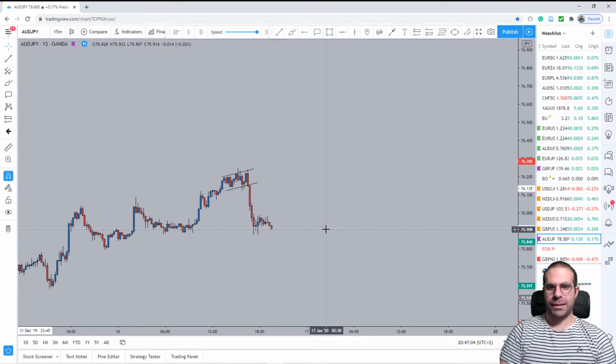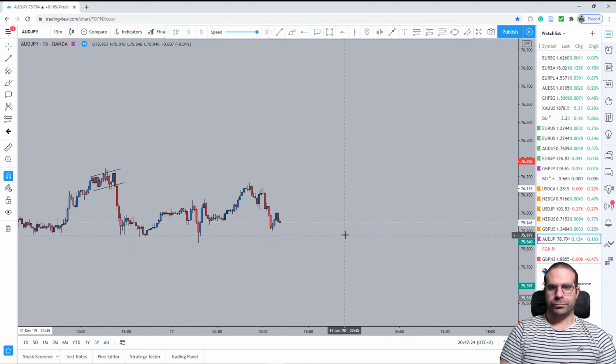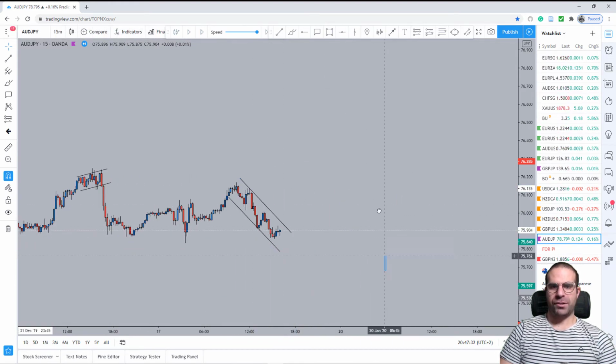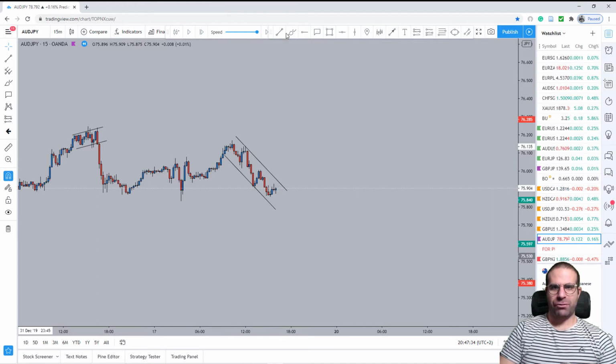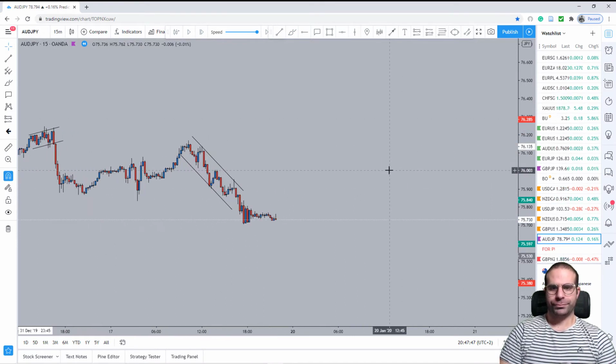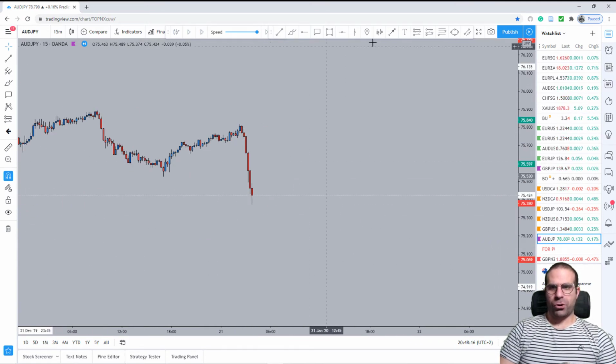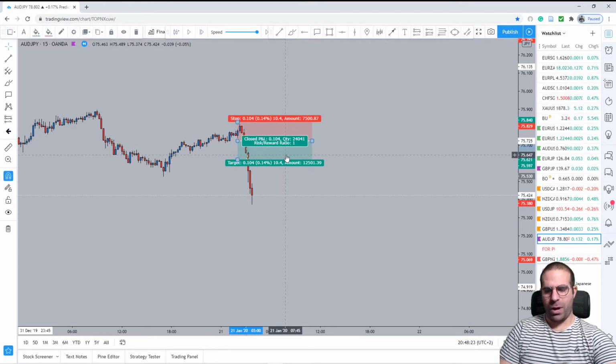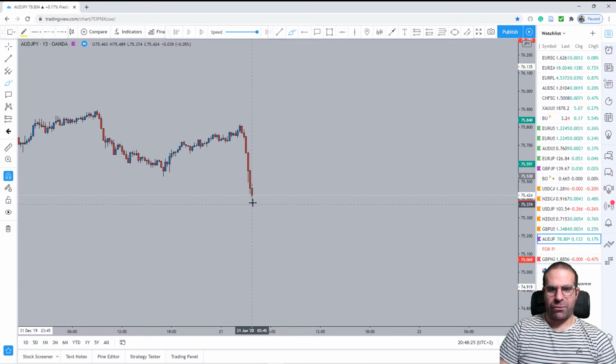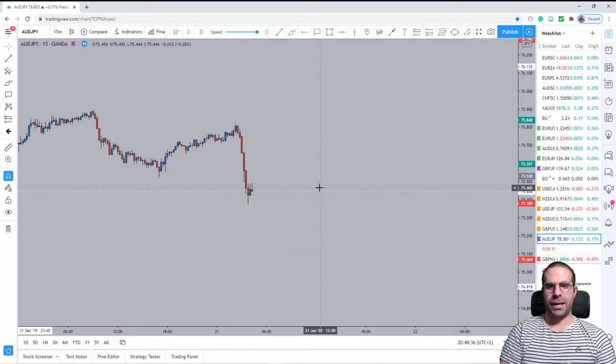Probably in the next movement, let's see. Sideways movement, we are in a channel. There's no impulsive movement such as this one. Okay, now this is very impulsive. So for sure we're not waiting for price to come so far to the upside. So we will be waiting for some kind of flag pattern here, a break below the flag pattern, and then a retest, and then a bounce. Okay guys, hopefully we get something like that.